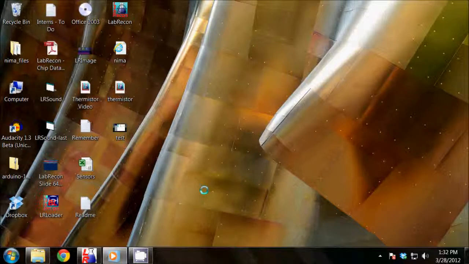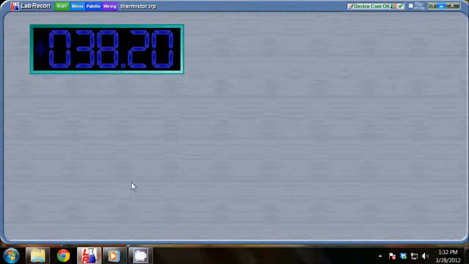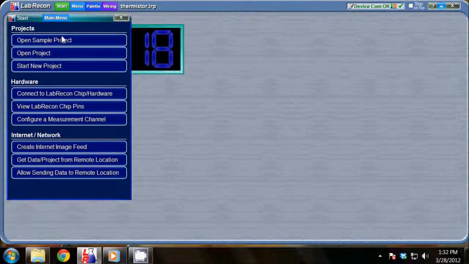Today, we are going to revisit our simple thermistor circuit, but this time, we will consider the more advanced options in measurement configuration. We'll begin by opening up LabRecon and connecting to the chip, which we've done, and setting up a configuration channel with a thermistor. Once we have that set up, we can now move on to the most important part of using a sensor,